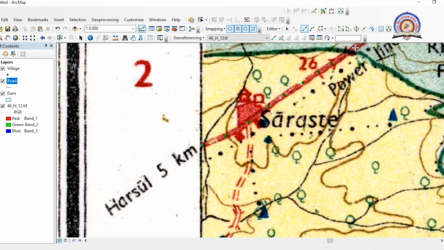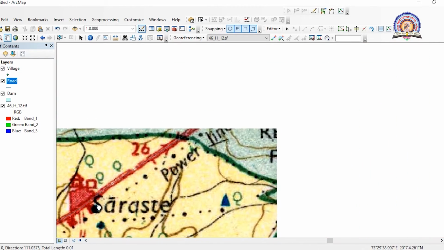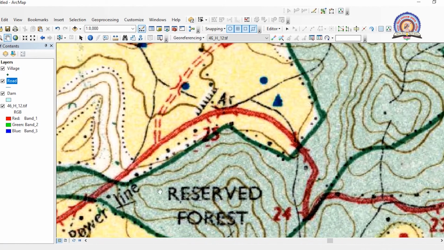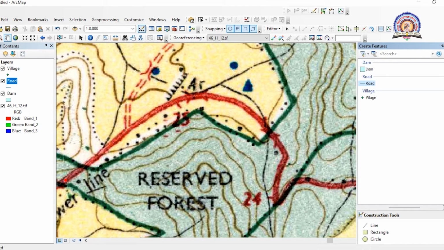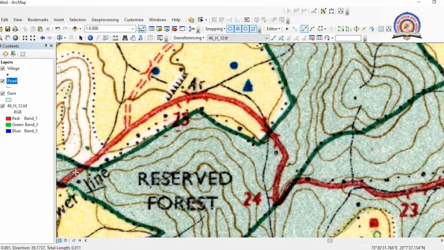So now I have come to the end part of our working area. By using this pan tool we can drag the map again, so that we are having a full view of our editing feature. For connecting this again I have to click on create feature part. From here I have to select align again, and it will be automatically connected over here. So this is how digitizing is done in ArcGIS.